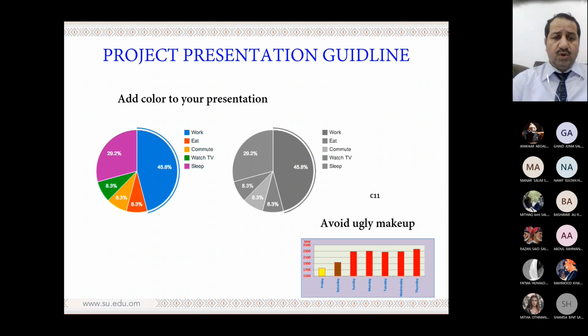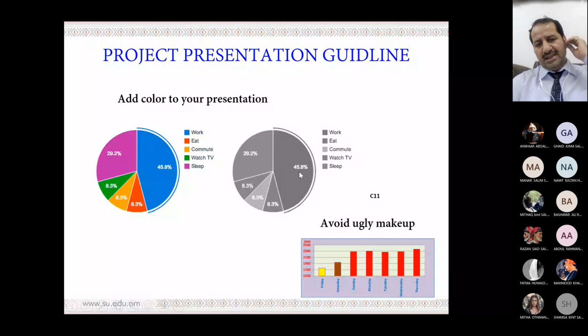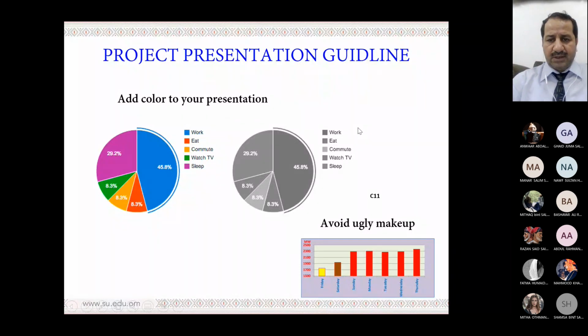Also use colors, or markers, to make sure to distinguish between, for example, in this figure, the colored one is better than the gray one here, because from the color I can directly see that the blue is the best one, which is the work. But here they are similar, you don't know which one. For example, 45 on the gray figure, I don't know which one is them. It's not clear.